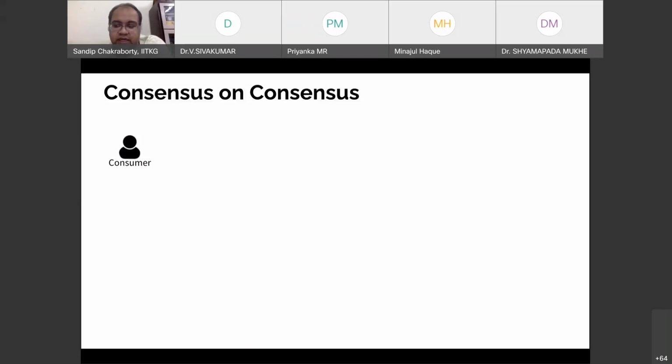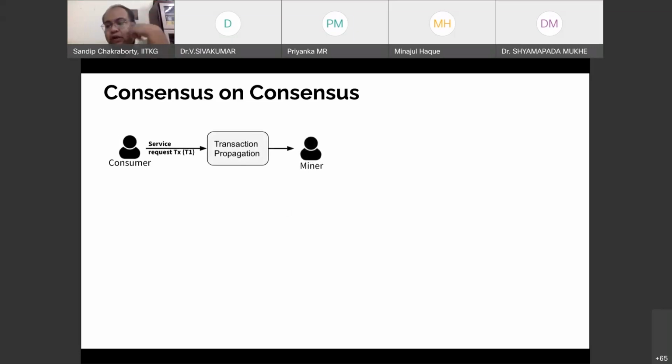So the consumers are in an open network and the service providers are in a closed blockchain network. And I need to support interoperability between this closed network and the open network. So how it works: say the consumer sends the service request. Now this service request propagates like a transaction, like blockchain transactions, in the open network.